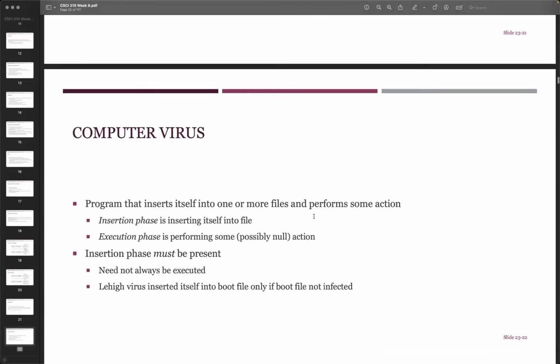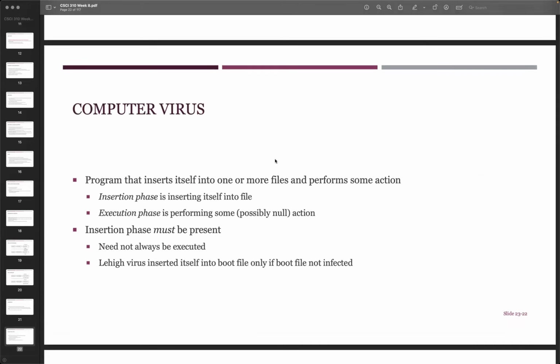Okay. Next, after the Trojan horse, another really common threat is the computer virus. A computer virus is a program that inserts itself into one or more files and performs some action. Here's the definition. There is an insertion phase, where it inserts itself into a file, and then in the execution phase, when we run it, it performs some action, or sometimes